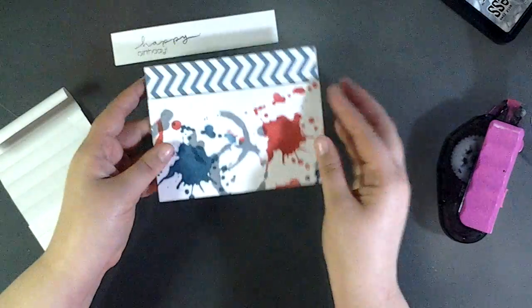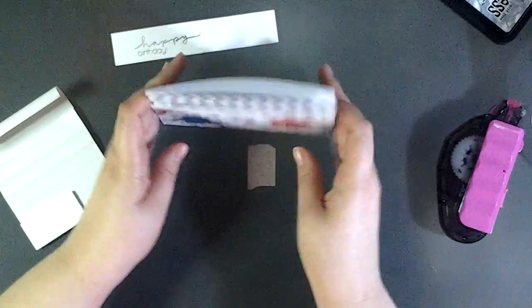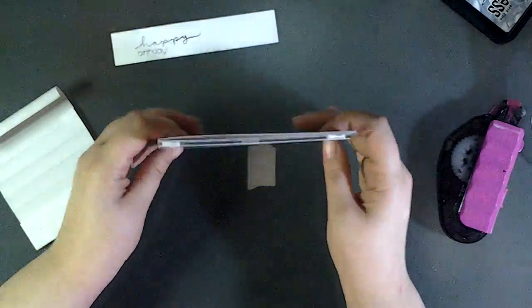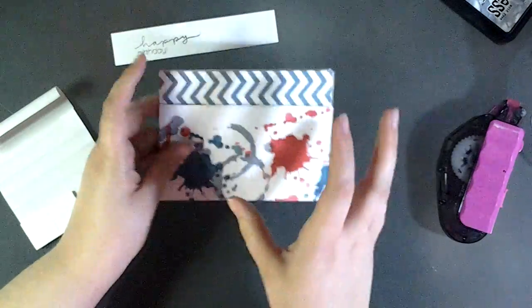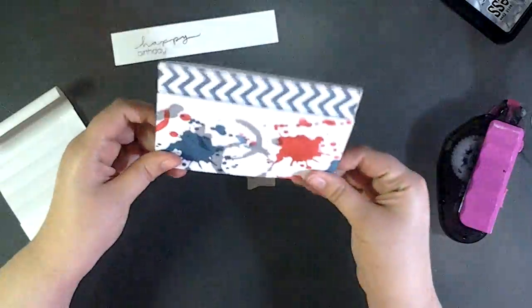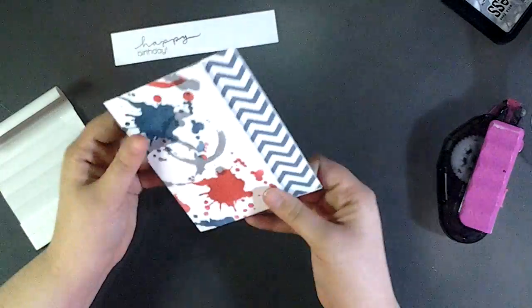What I did was I tilted this panel up this way to me, and then just kind of, you know how when you're doing a deck of cards and you need all the cards to come back together, that's kind of what I did with this. Okay, so now I have that,